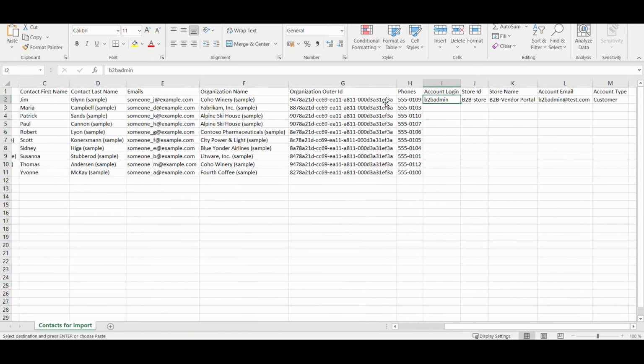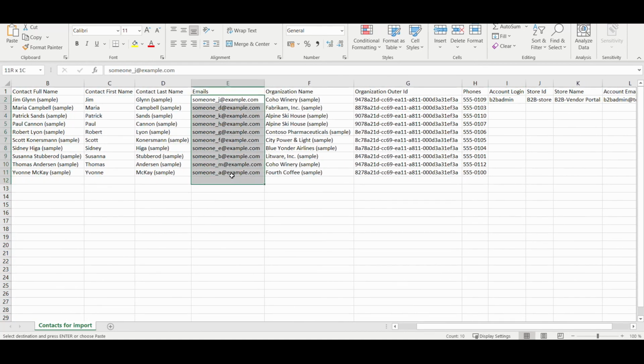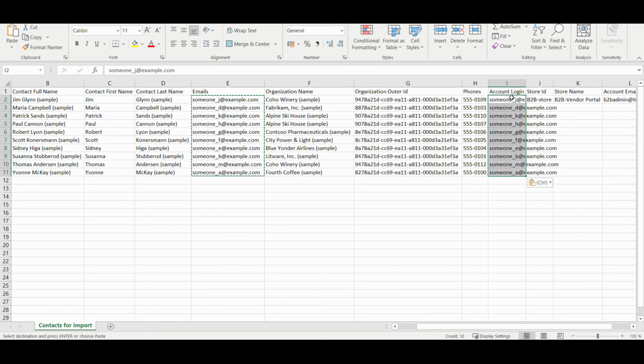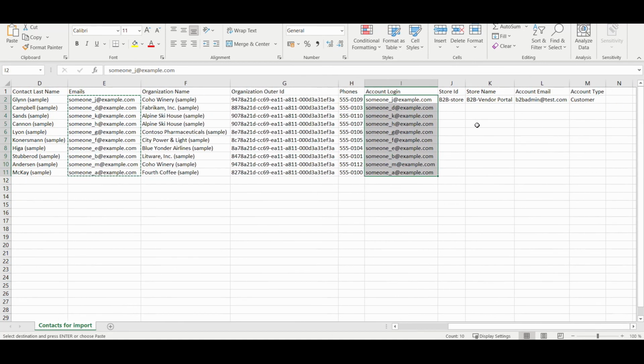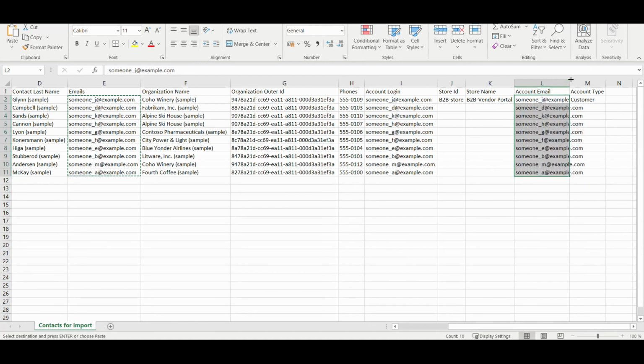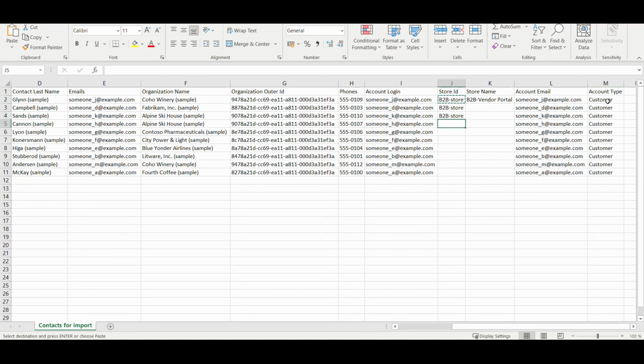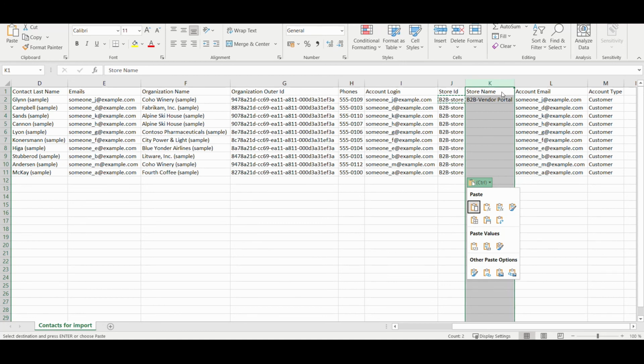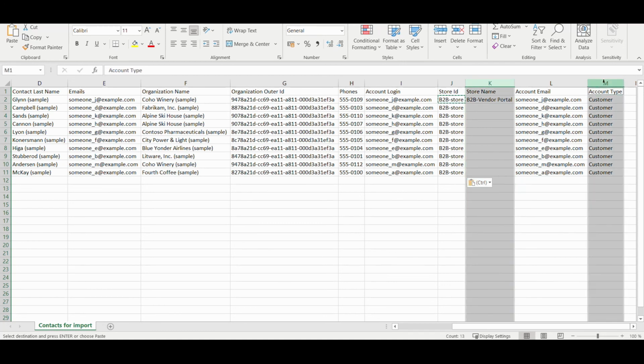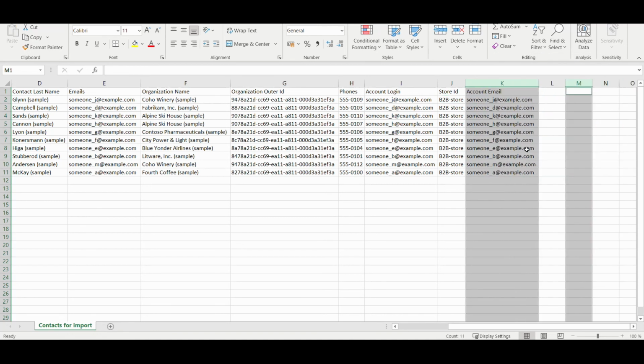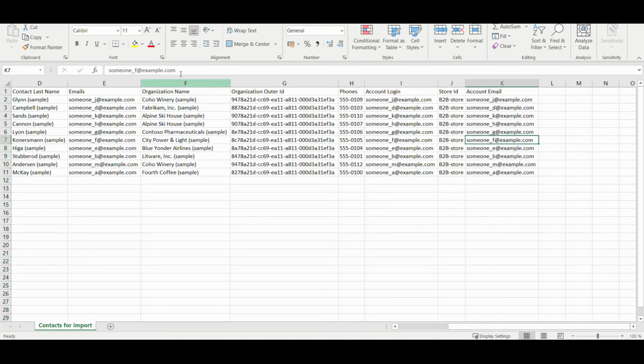So then we need to add here accounts login. I think using emails as login names is the simplest option, while you can use some other strategy. Then we add here emails that will be used for password restore. So we need to add store ID, and that is actually it. Then we need to save a file,